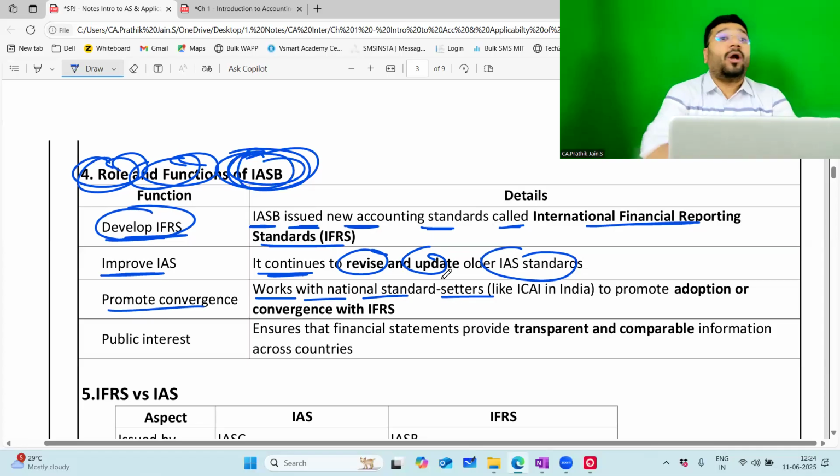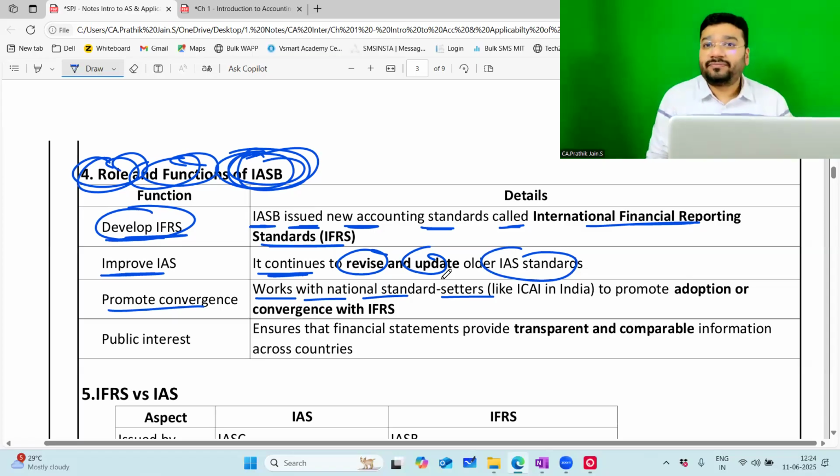Now, apart from this, what was the additional role of IASB? IASB is a group, it's a committee. In this board, you have multiple experts across various countries. Now they came out with IFRS, and they have to go and promote IFRS in every country. So one more role of IASB was that they went and sat with every country, convincing them why they should be adopting IFRS in their country. So they came to India also, convincing us why we should be adopting IFRS as it is.